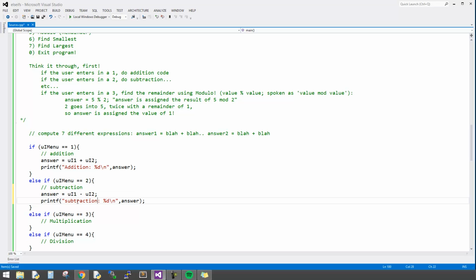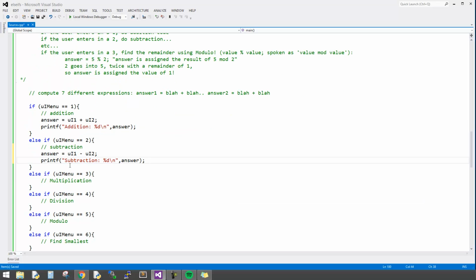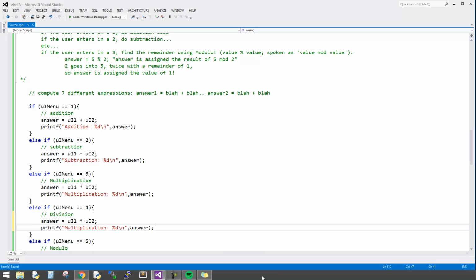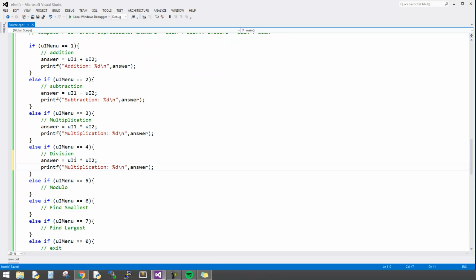we'll use subtraction, we'll give it a capital, and we'll do the same for multiplication, do it there, and we'll do the same for division, divide,